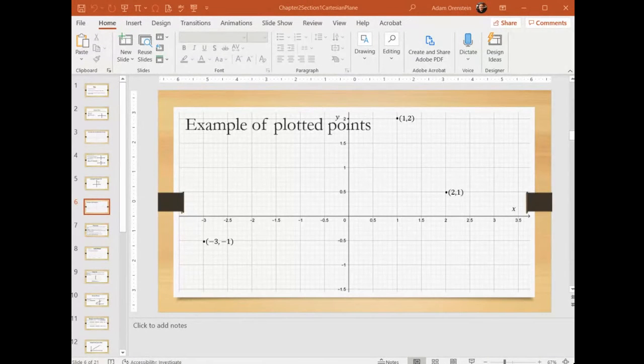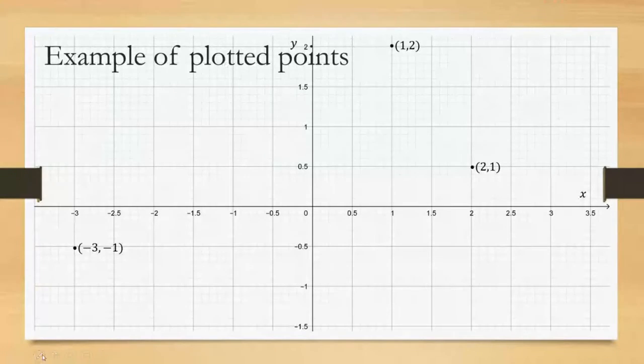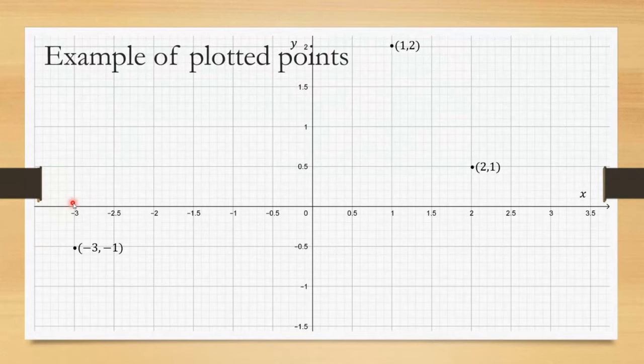And once we found it, once we get to -3, okay, now we have to go down 1 unit, down. And why do we go down 1 unit? Well, because the -1 here is negative, right? Down 1 unit,